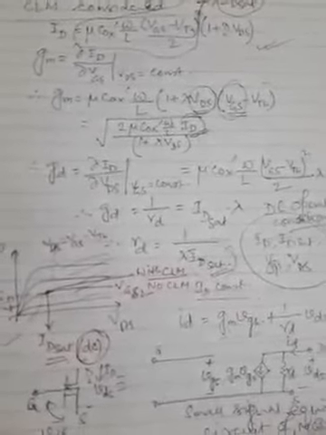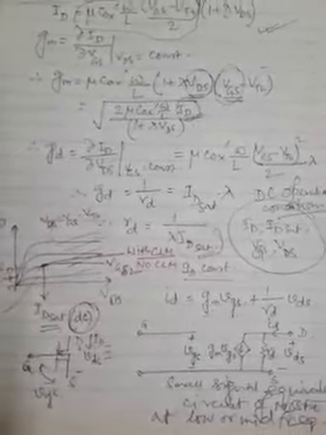at low or medium frequency, but not high frequency. So this is the low or medium frequency small signal equivalent circuit. All three cases, with CLM, without CLM, and the circuit in the linear region, were small signal equivalent circuits in the low or medium frequency region. We have not discussed anything about the high frequency equivalent circuit.